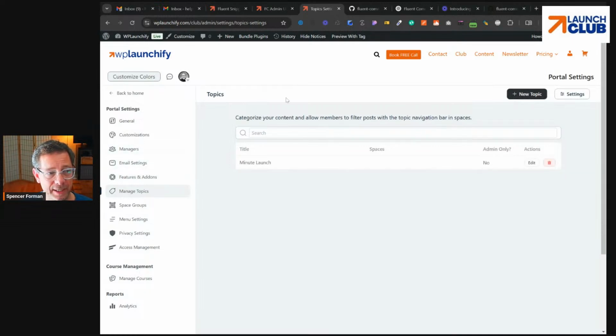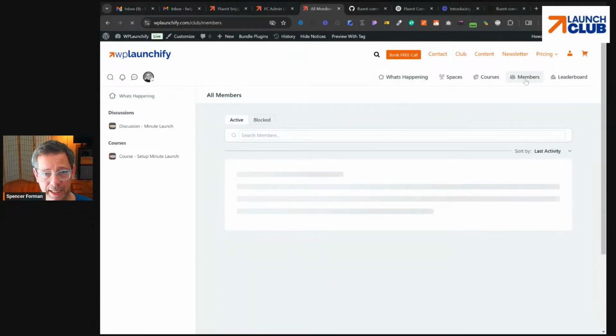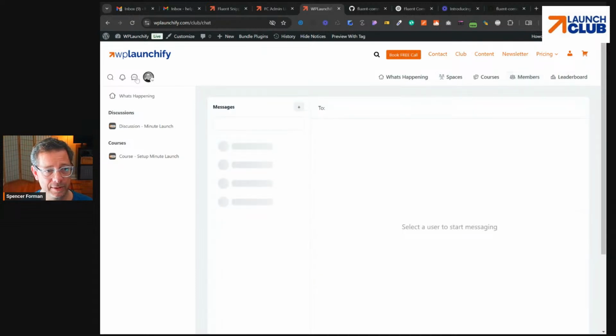to involve yourself in managing members, right? Like this is something that makes me just confused. So here's my back end that has all the stuff in it. But if I want to manage members, I have to go to the front end, click on members. And then when I'm in members, I have to presumably just do each individual by themselves, which by itself is not a problem. It's just that there's odd things that make it hard for me to get to the content. If I was having a chat with somebody, I would probably go here to the chat thing. I've got a conversation with Curtis, right?